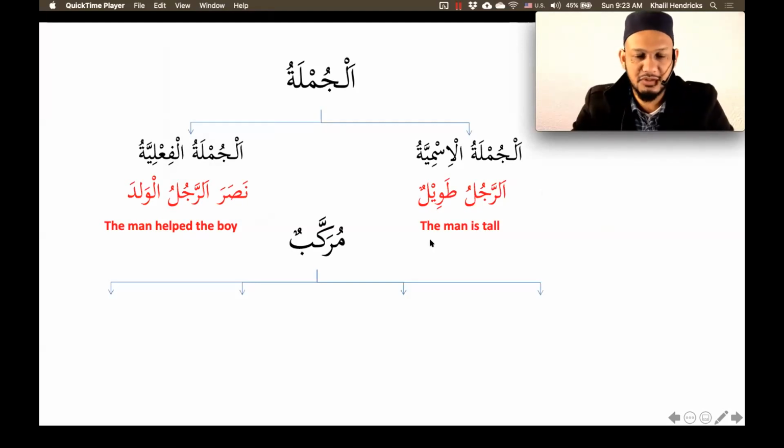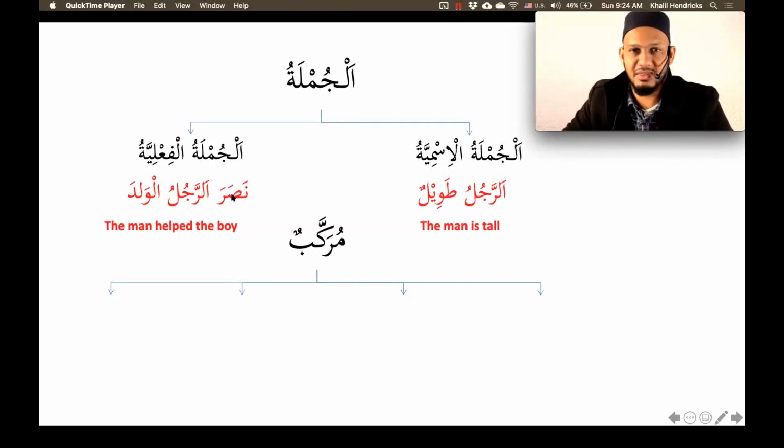So Bismillah. Just to summarize again, the Jumlatul Fi'liya has a fi'l, a verb, a fa'il, and a maf'ulun bihi. Those are the three parts. How do I recognize them? The verb I recognize from the scales like nasara, yansuru, and so on. The fa'il, the doer, will either be at the end of the verb, to the left of the verb, or implied inside the verb, and it will always be in raf'un. And the maf'ulun bihi is always the done upon, who the action was done to, and that will always be in nasb.